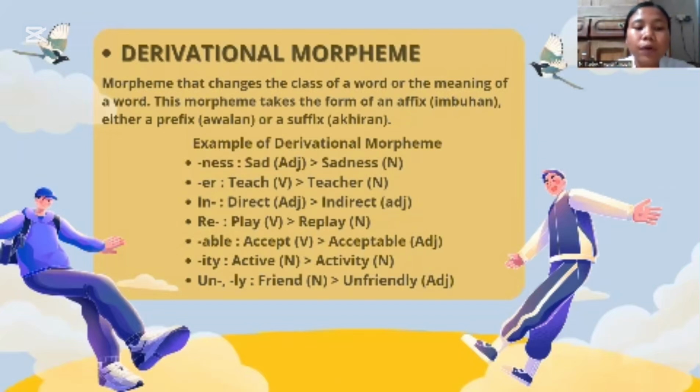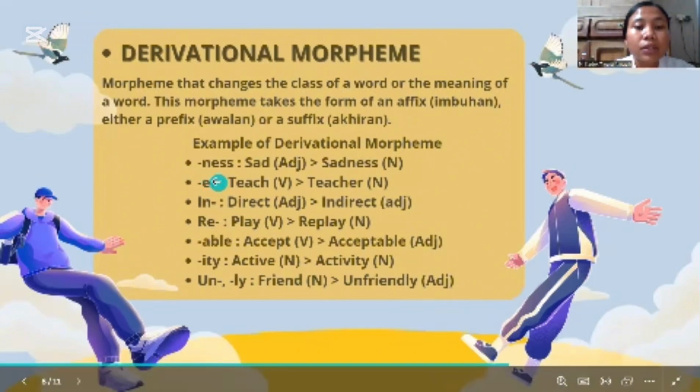Derivational morphemes are morphemes that are used to form new words by changing the meaning of a word or changing the category of a word. For example, changing from a noun into a verb, or from an adjective into a noun, or from a noun into a noun. Derivational morphemes produce change in the meaning or grammatical category of the base word to which they apply. For example,